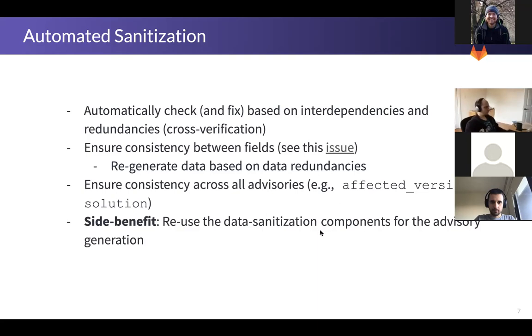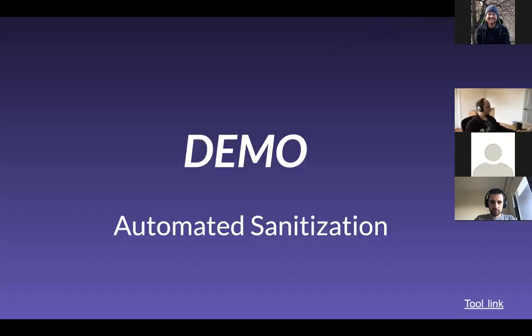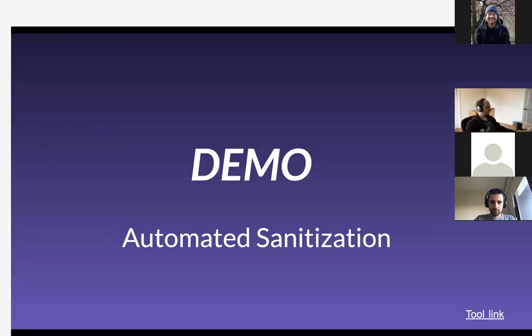And as a side benefit, every component that I've developed for the sanitization tool could be reused for data generation too. And that's basically the first thing I would like to show in this demo, how you can sanitize present advisories or check the consistencies of present advisories in the database. And for that,